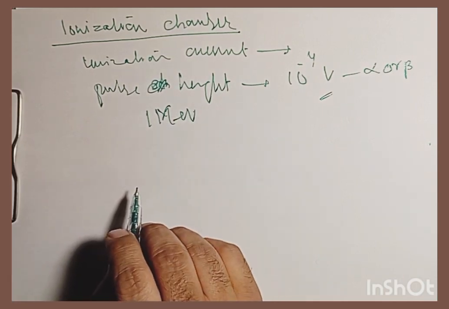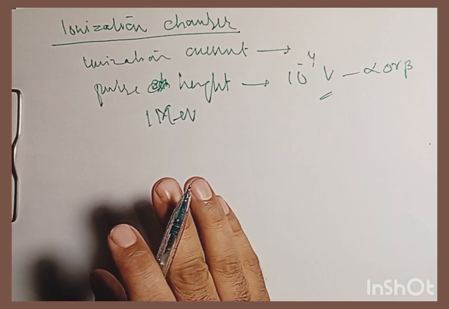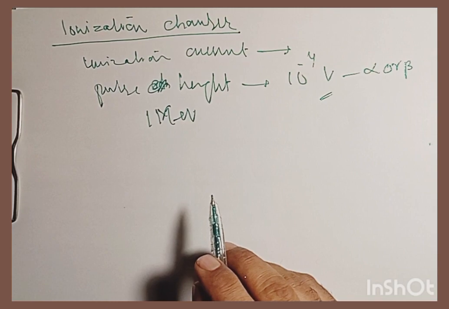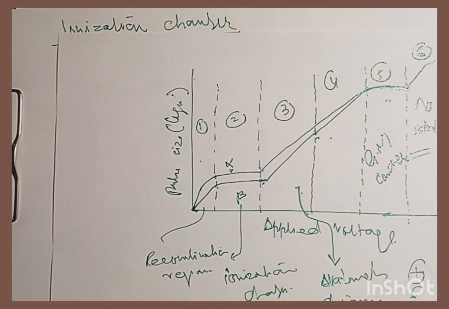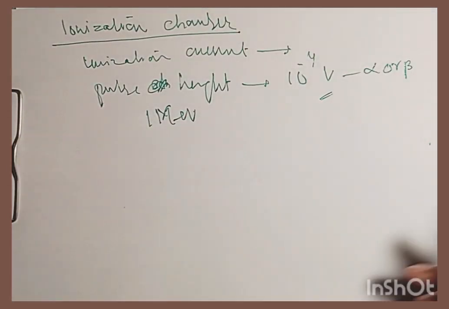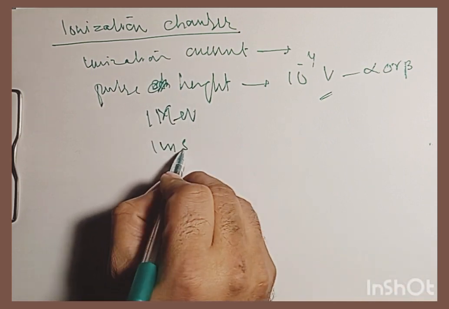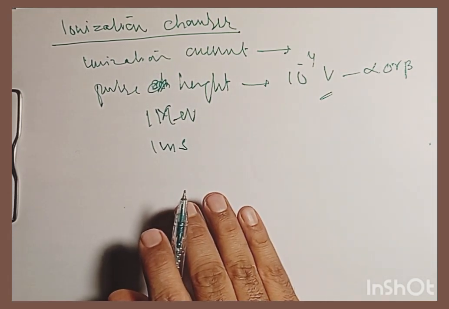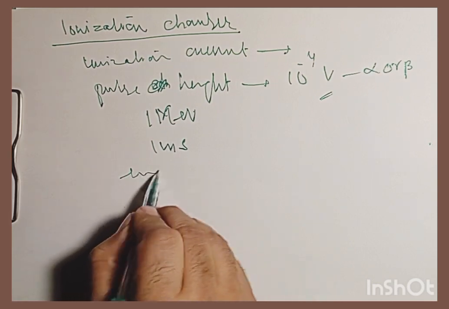As we have a small number of ions produced, which are collected instantaneously, the counter remains dead. You can see that there is a saturation in this region. It remains inoperative for a time of about 1 millisecond between two successive counts, and its energy resolution is of the order of